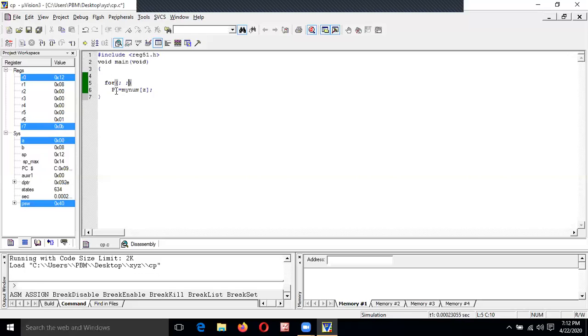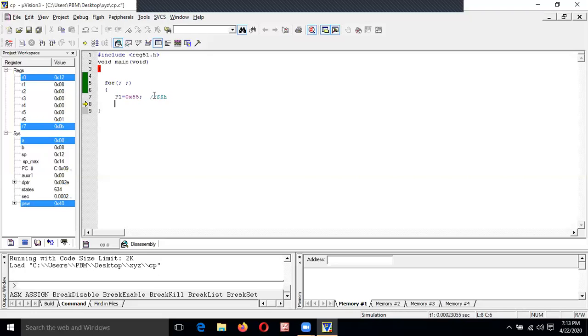Next, we have to toggle the bits, which means we have to send 2 values continuously to port 1. Initially we'll send 1 value, 0x55, the hexadecimal value that we are sending, that is 55H.